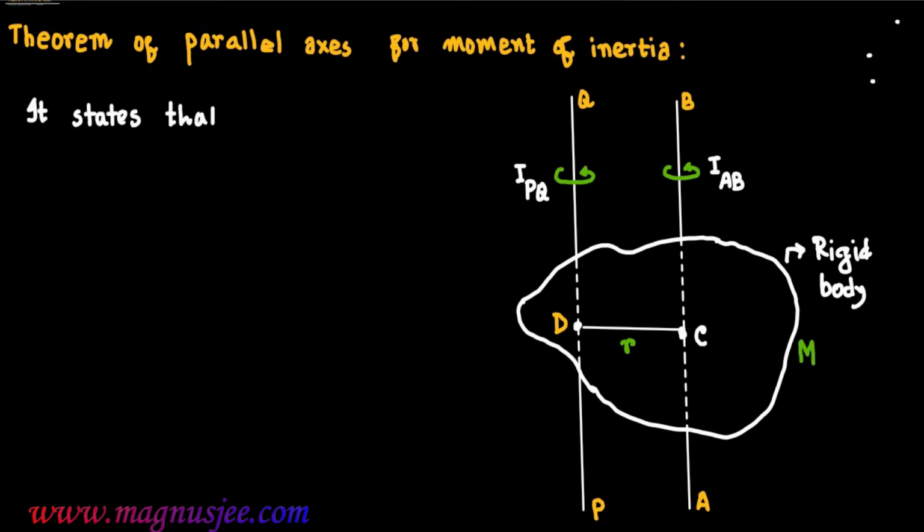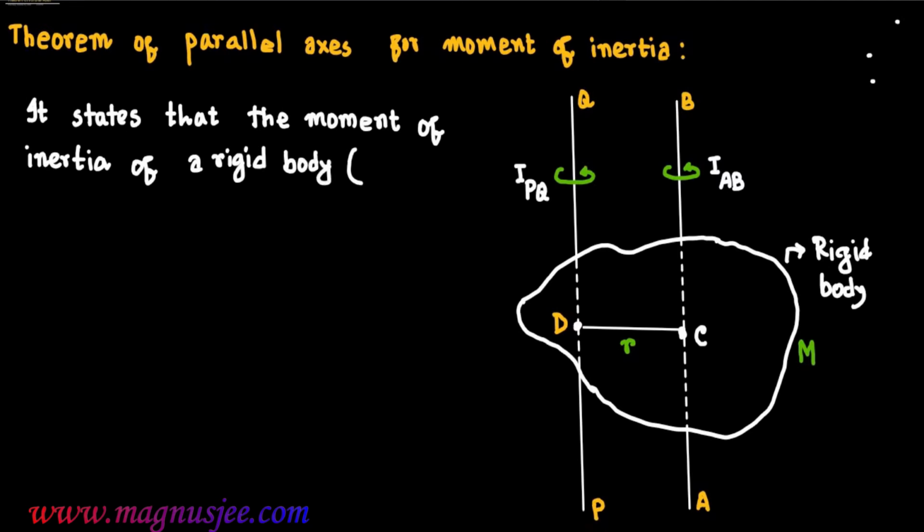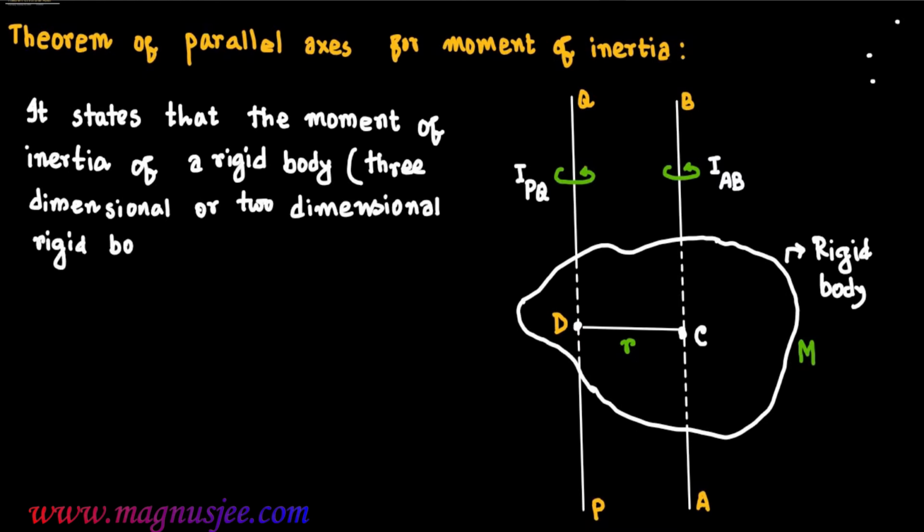Capital M is the mass of the rigid body, and this rigid body may be a three-dimensional or two-dimensional body. This theorem states that the moment of inertia of a rigid body (three-dimensional or two-dimensional rigid body)